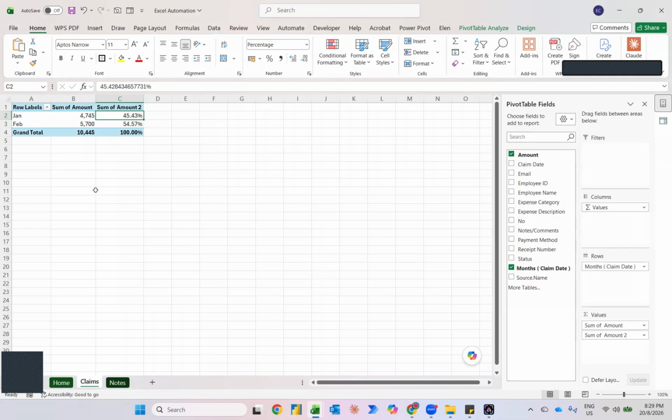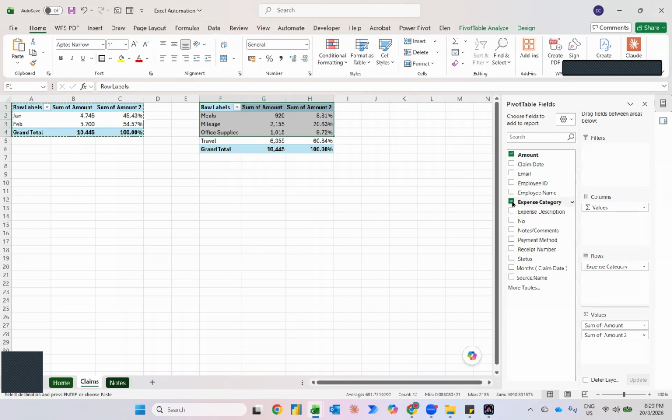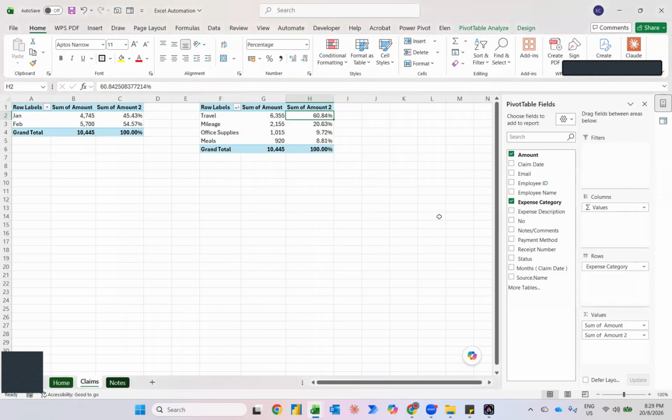So right now I'm going to copy this, Control A. Control A means highlight all, Control C is copy and then I will paste over here. So here we have monthly. What I want to do is I take out the months and I will just tick the expenses category. And just like that I can understand already. So that means 60% comes from travelling, 20% from mileage and then we have the remaining. And then what I'll do is I'll right click, I will sort largest to smallest and just like that your